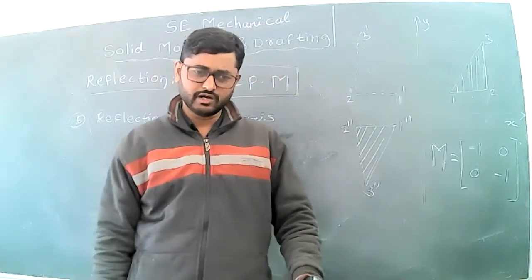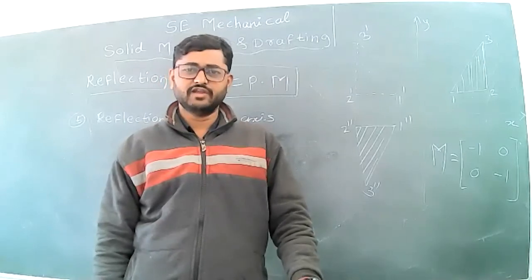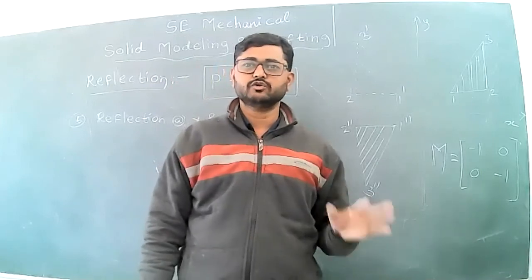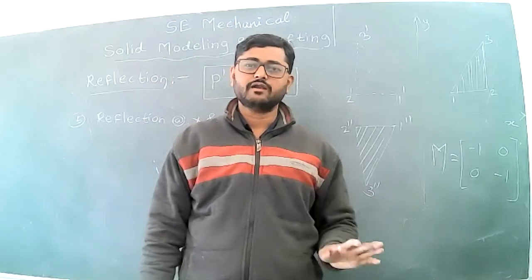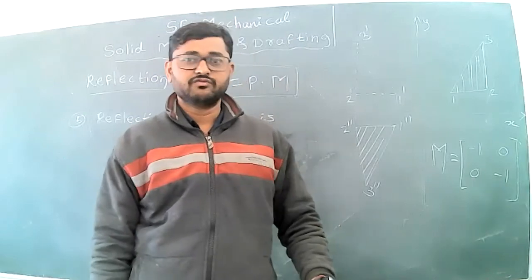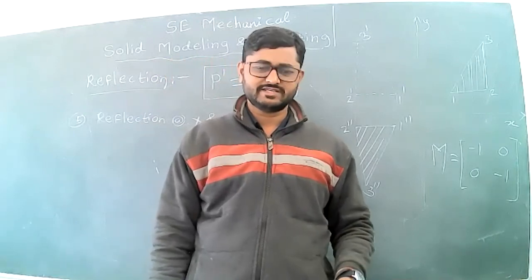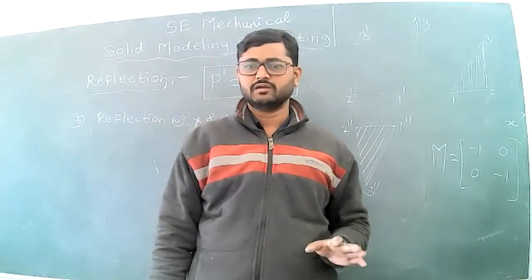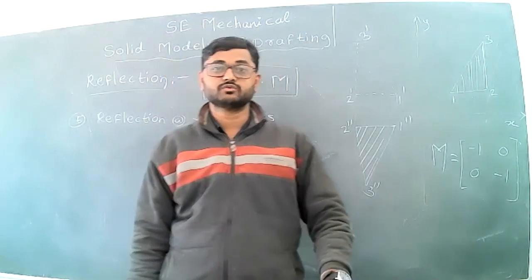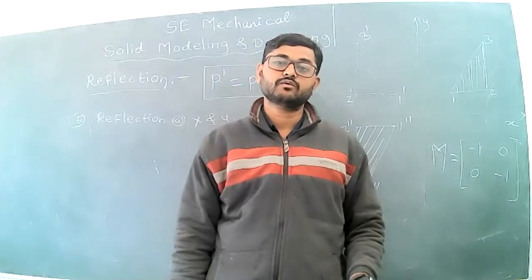So in today's lecture, we covered what is non-uniform scaling, what is reflection, which formula is used to find the new coordinates using reflection, and there are 5 conditions for reflection. First condition is reflection about y-axis. Second, reflection about x-axis. Third, reflection about line y is equal to x. Fourth, reflection about line y is equal to minus x. And fifth is reflection about x and y axis.